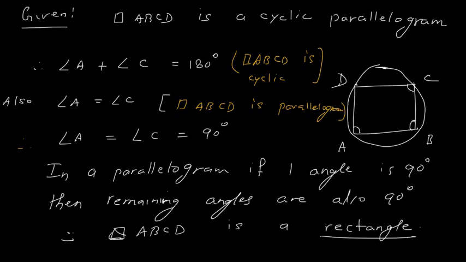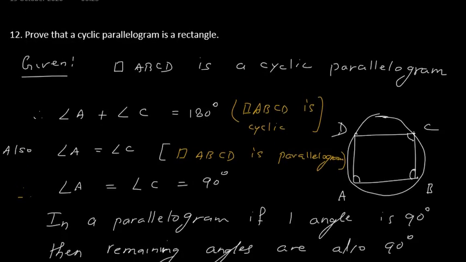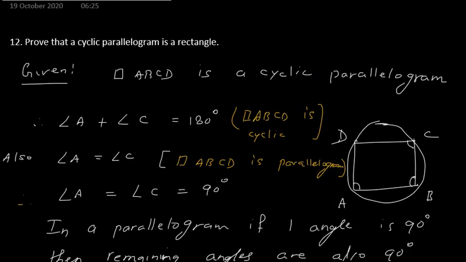So again, a simple question, right? So within 1 hour, we are able to solve all the questions. So try yourself. Again, do all the questions by yourself. This chapter is a little difficult, so you need practice. First revise your theorems. Write your theorems once again and then do the problems.